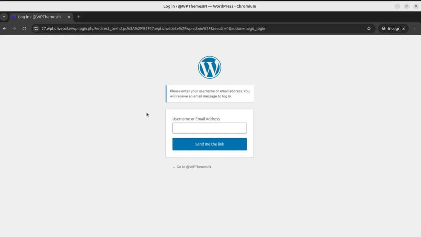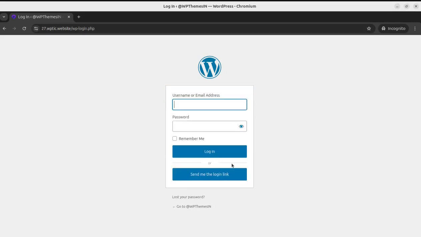When I kept it off, we have both the options. Either it can be used by the default WordPress login form, or it can be used as a send me magic link for the login. So it is recommended when you already have a website, you are already having multiple users